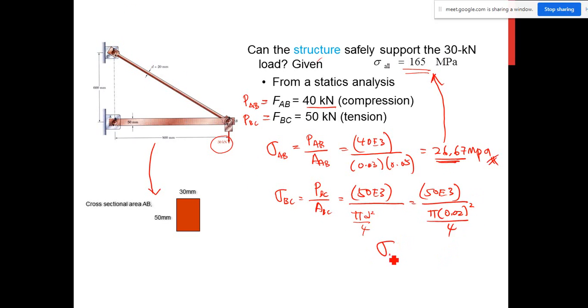Okay, so sigma BC, using calculator, is equal to